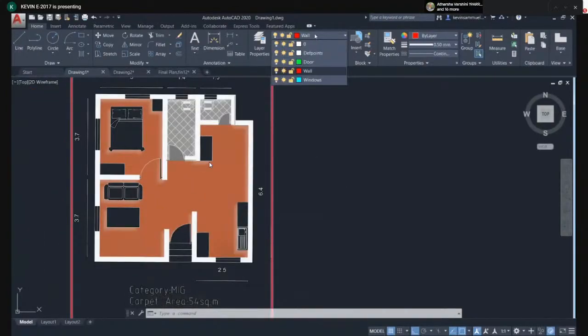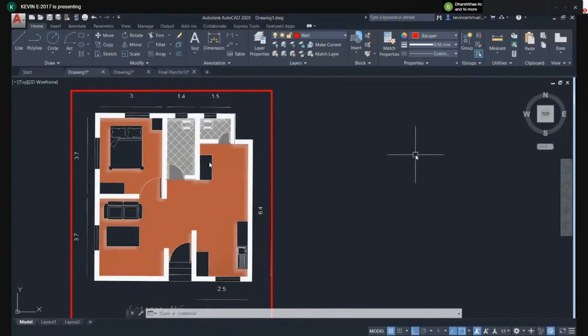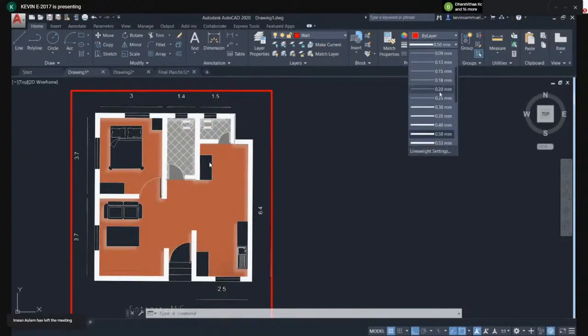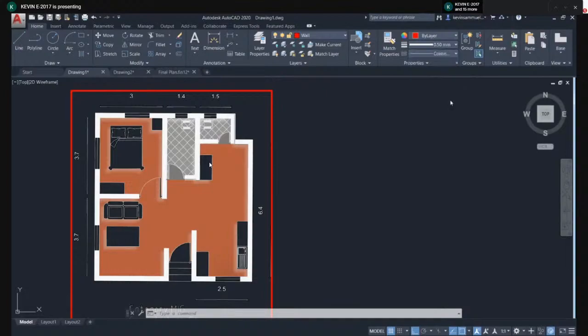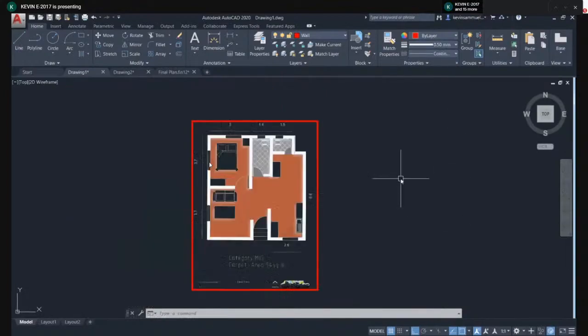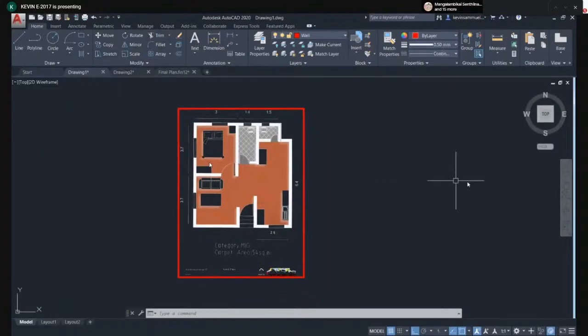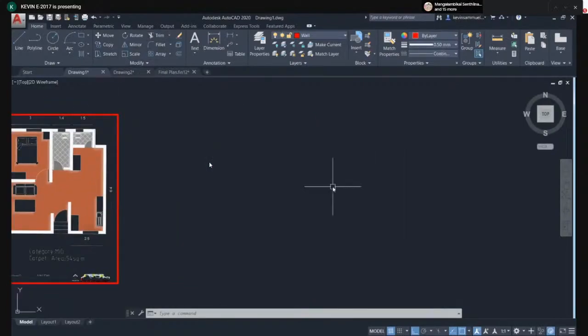So layers, almost it. Let me just quickly recap all the tools we have looked at so far. We have looked at draw tools: the line, polyline, rectangle, polygon, arc, spline, and all. For the modify tools, we have looked at move, copy, rotate, mirror, scale, fillet, trim, and all. And stretch is something you barely use, but